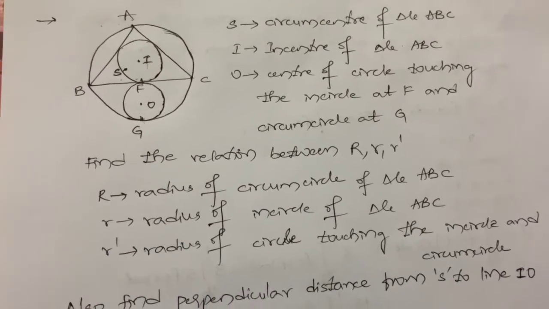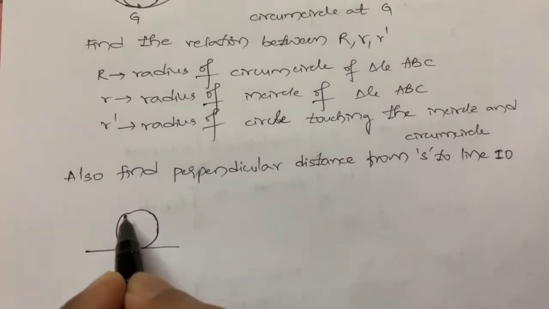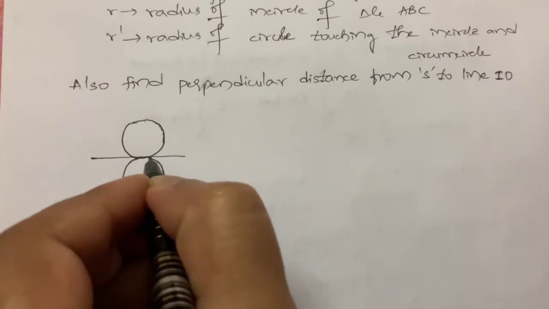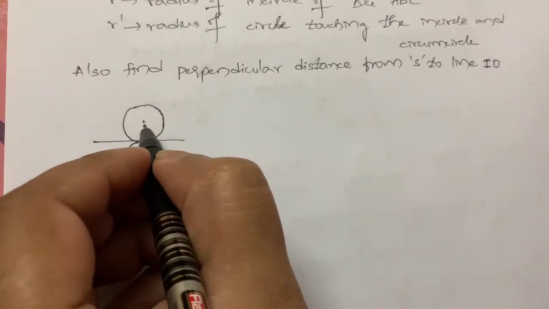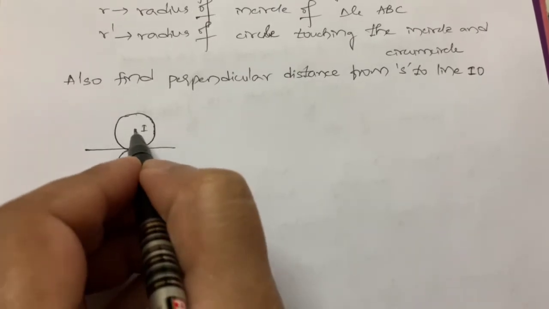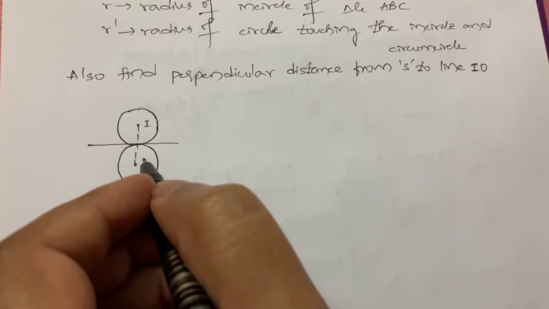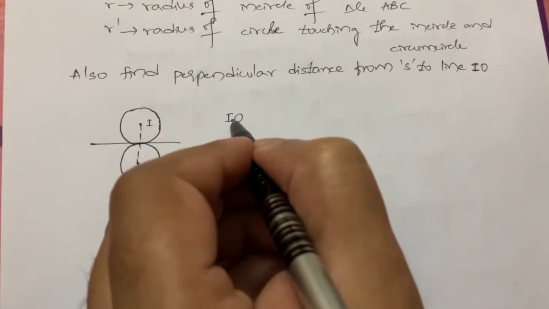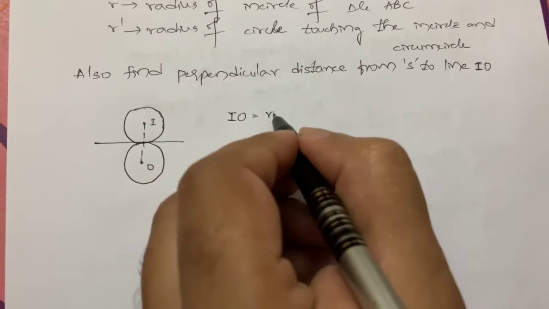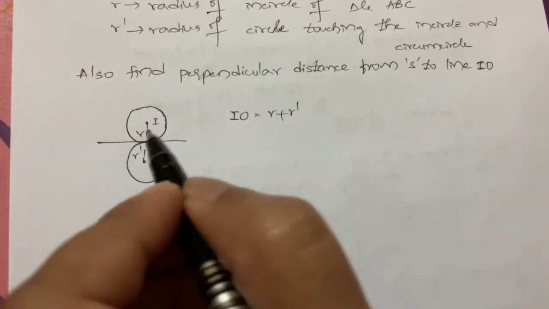First we have a circle touching a side, and there is another circle touching this externally. Okay. So, this is I, this is O. IO is equal to r plus r dash, because these circles are touching each other externally,